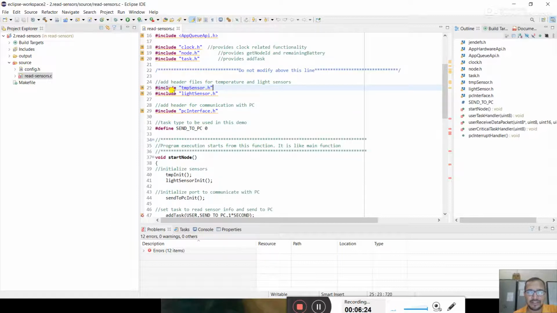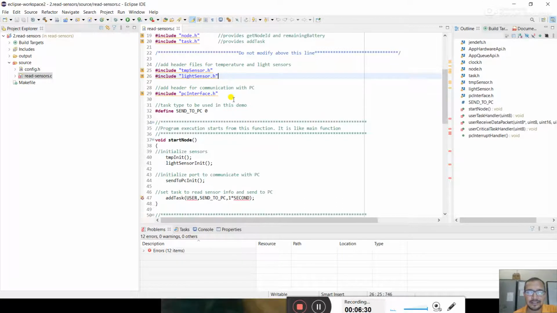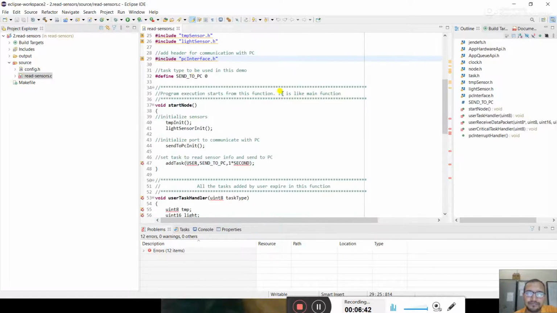Next we need to include temperature_sensor.h and light_sensor.h, these two header files, so that we can interface the sensors. Next we need to include pc_interface.h so that I can get the data to the PC. Send to PC is 0.